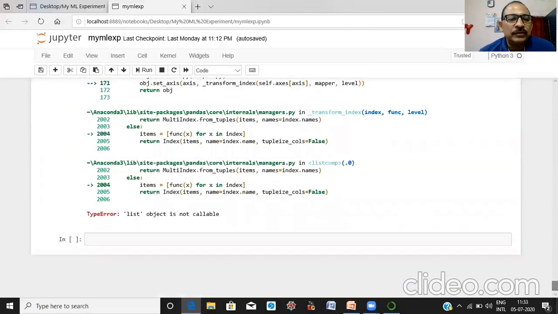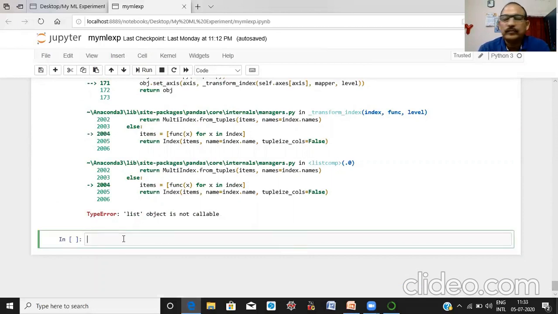Let us start with import pandas as pd. Run it.